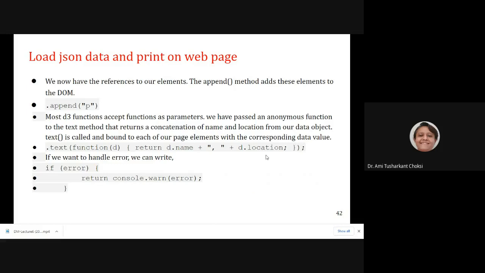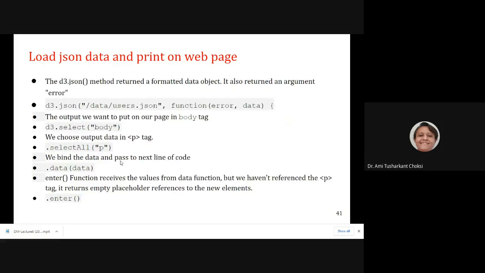Now, if we want to handle the error that was returned in the function while we load the JSON file, we have the function with error comma data.